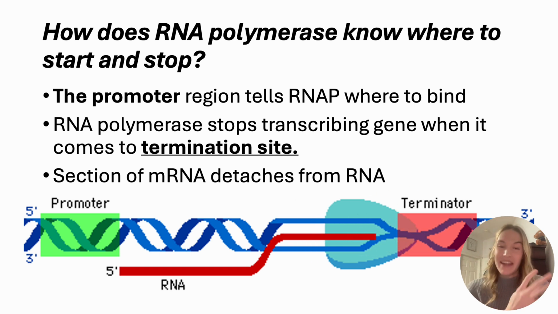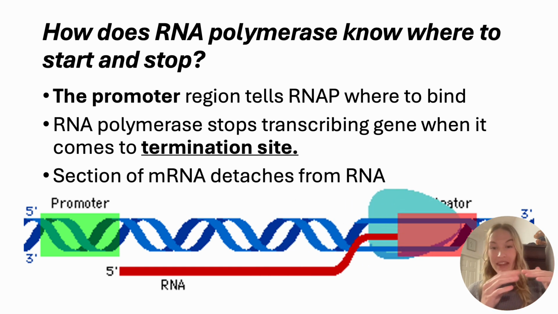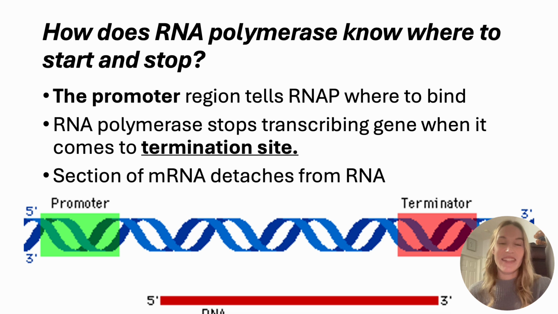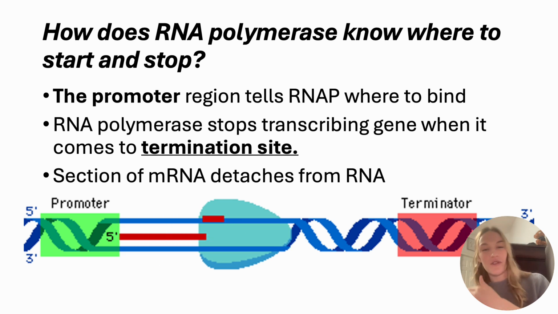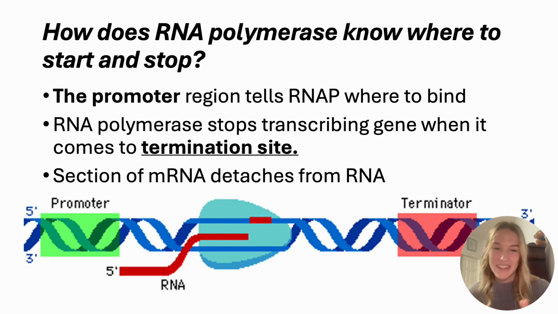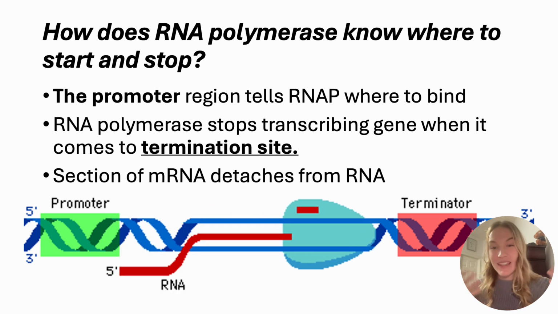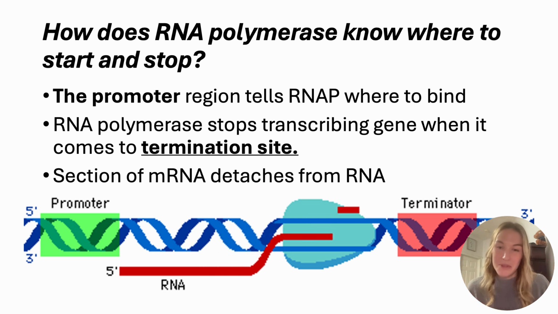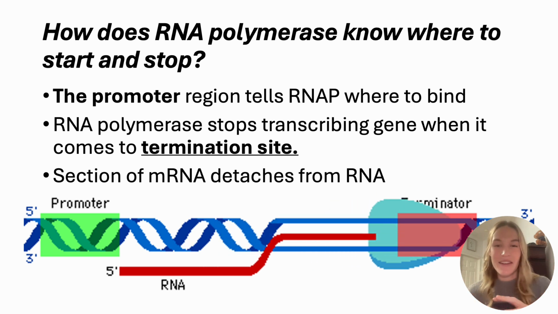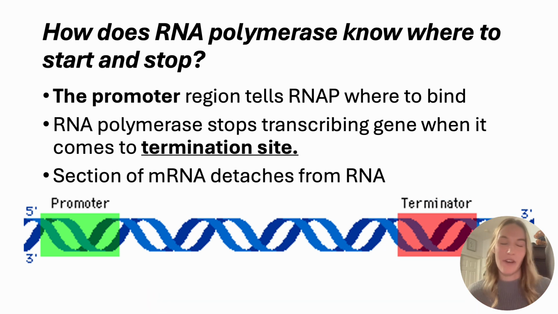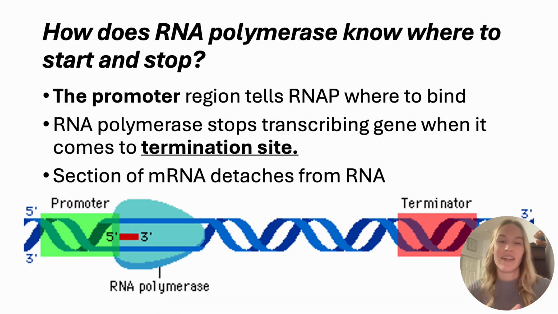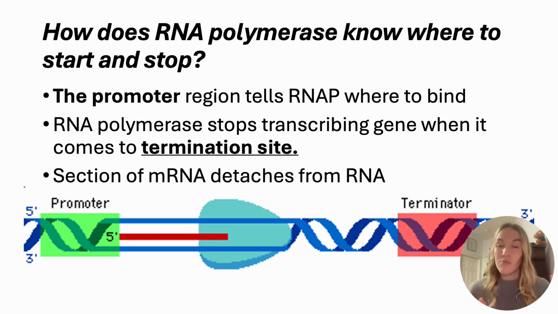So then it's going to bind and it's going to make the RNA, yay, and then it hits a termination site. Same root as terminate, right? So that is going to tell where the RNA polymerase should fall off the strand and end transcription. So those are the two very simple regulatory sequences that tell us where to start and stop transcription. There are other sequences involved that are regulatory and tell a little bit more information. But generally, those are the two most important ones.